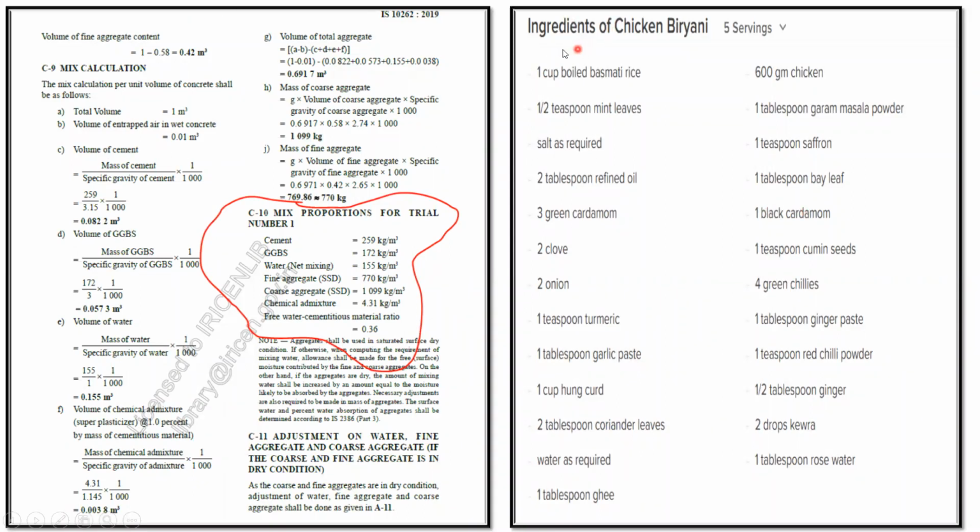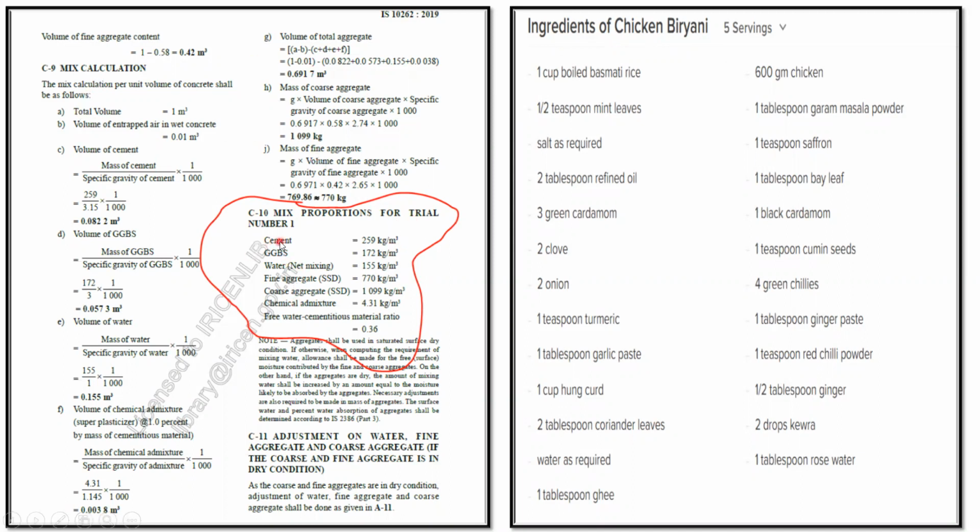So for example, if you want to prepare a chicken biryani, these are the ingredients that we need to take. There are so many ingredients in that. But when it comes to concrete mix design, we have fine aggregate, coarse aggregate, cement, plastic, admixtures, and all. So if I want to prepare a concrete something like that, this is the final proportion what I need to